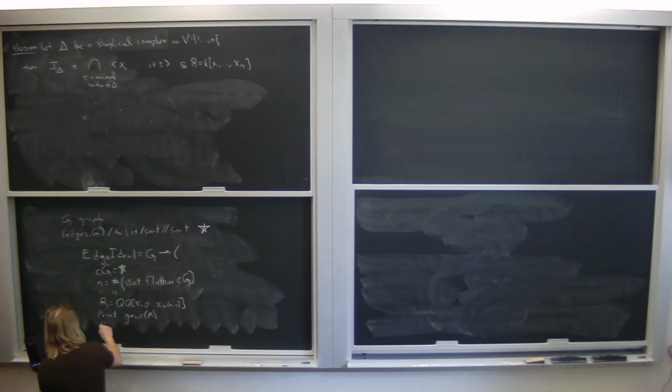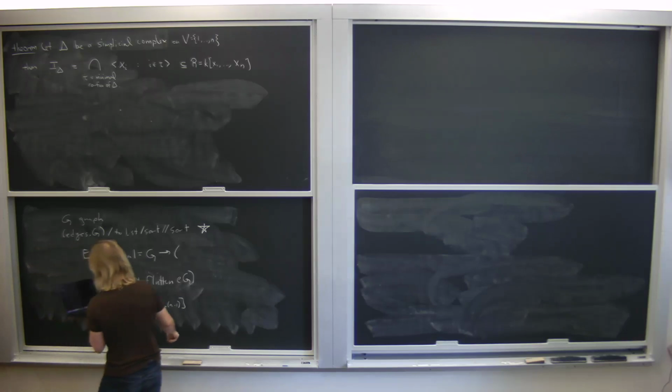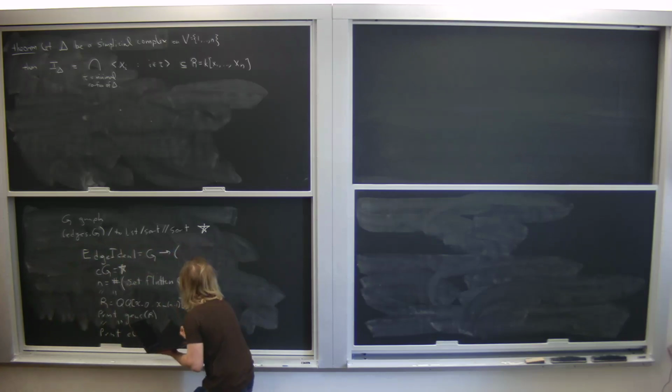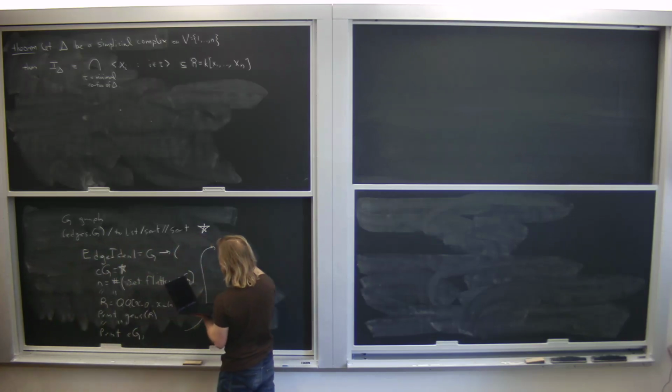And then there's some more text that basically just says the ideal of the graph with edges, and then I print out the edge set. So print EG. And then I just say again, the ideal of the graph with edges EG is, and then we just make the ideal, I is equal to ideal, apply,